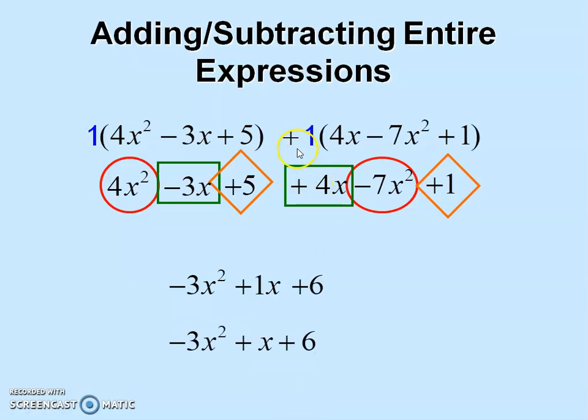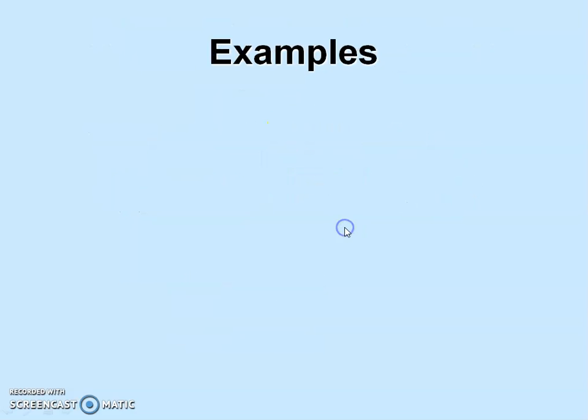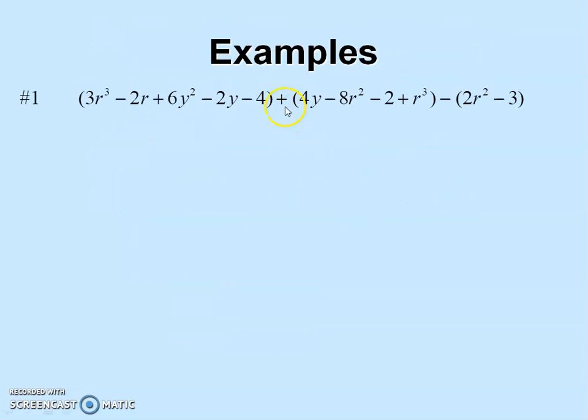Now, this doesn't look like a whole lot of a first step, but if, for instance, I had something like this, where I'm adding this entire polynomial and I'm subtracting this one, this subtraction means that I'm subtracting 2r squared and that I'm subtracting negative 3. And subtracting a negative is the same as adding. In this case, I don't have to worry about that. When I'm adding this,